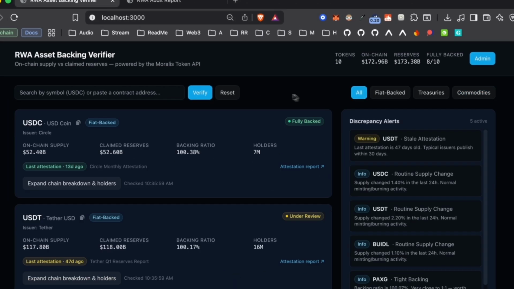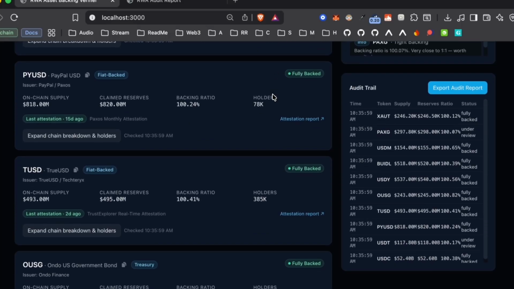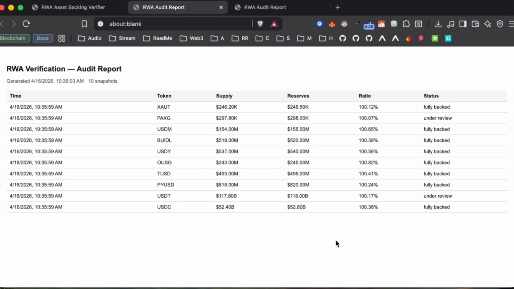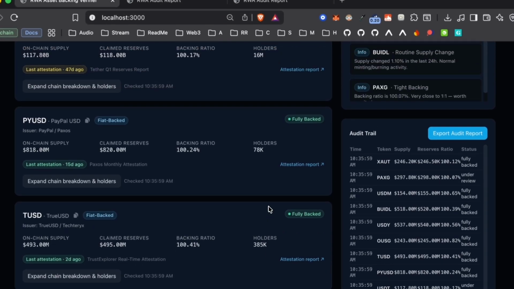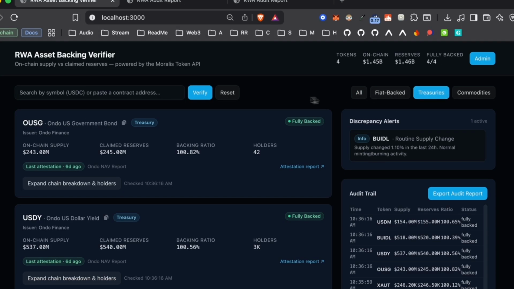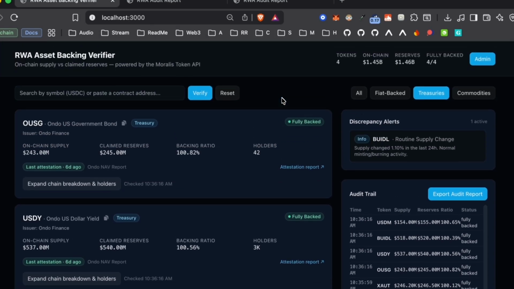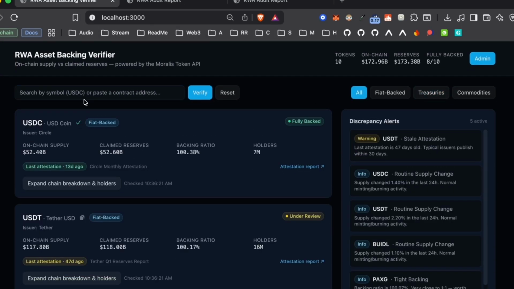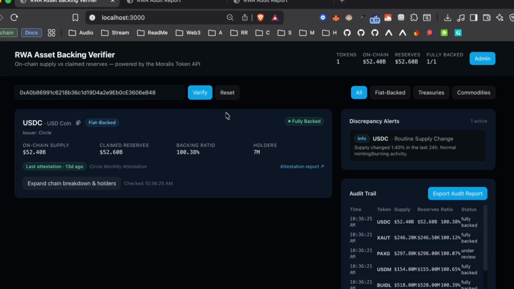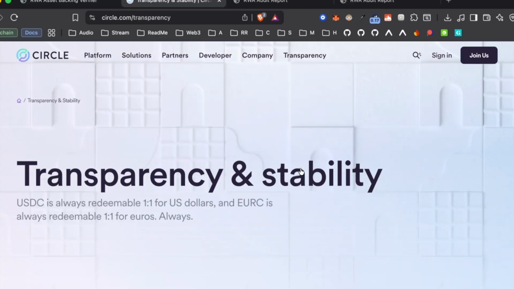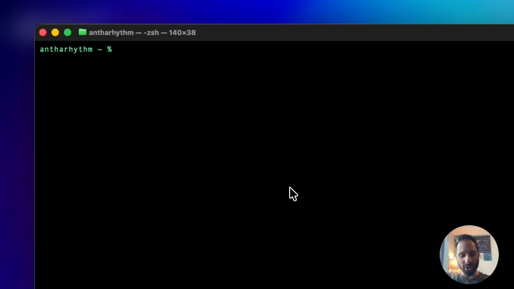What if you could enter a stablecoin and instantly see the on-chain supply versus the claimed reserves? Backing ratio calculated automatically. Today, I'm building an RWA asset backing verifier with Claude Code and the Moralis token API. This is the transparency tool that compliance teams, auditors, and researchers need. Let's get started. All right, the very first step is we open up a terminal and then navigate to our